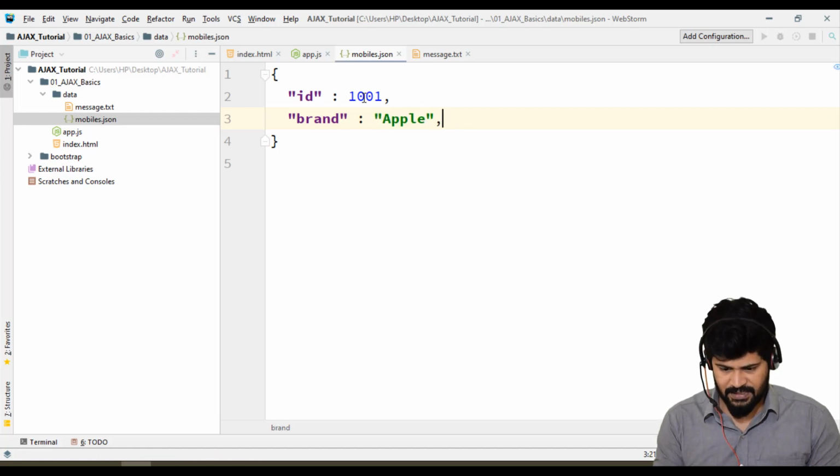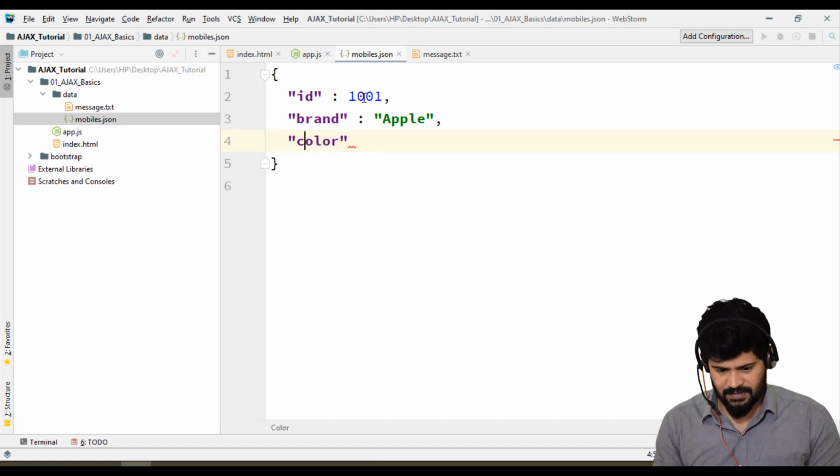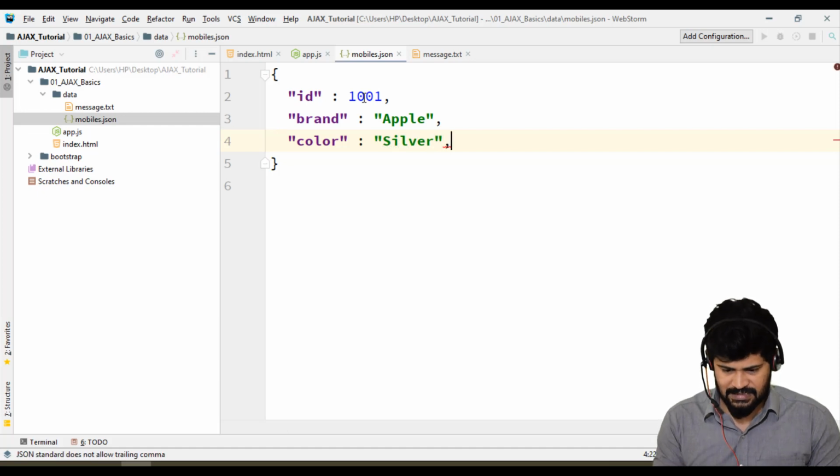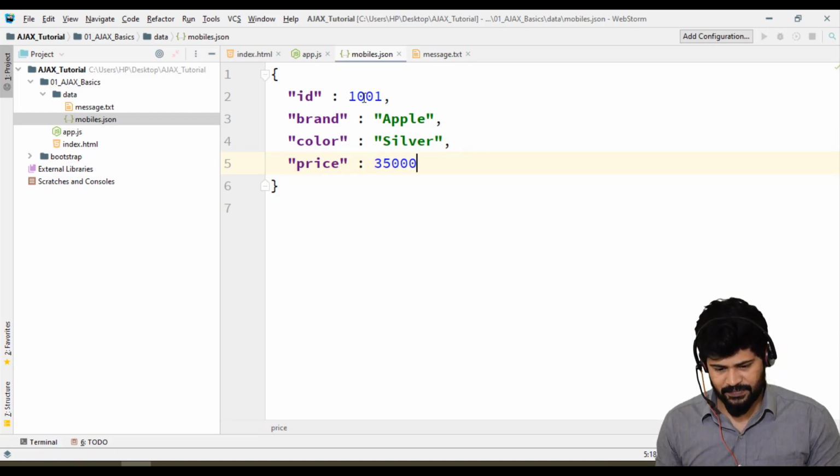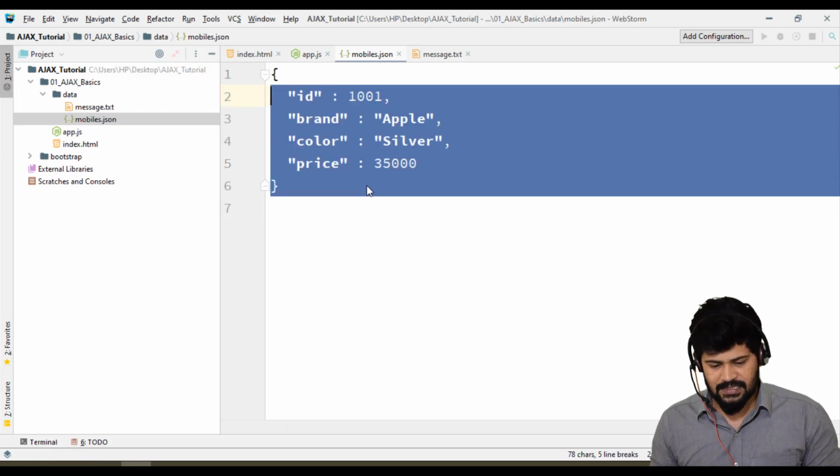Then color, I'm going to display the color silver. Next, price, some 35,000. So it's quite a simple object.